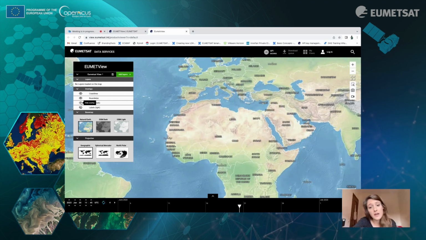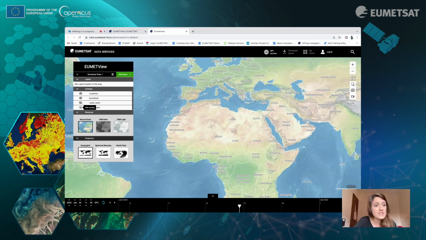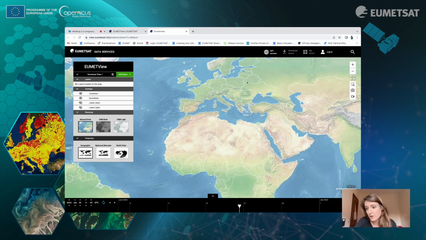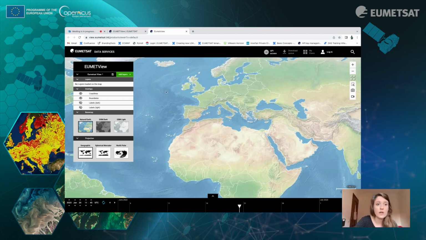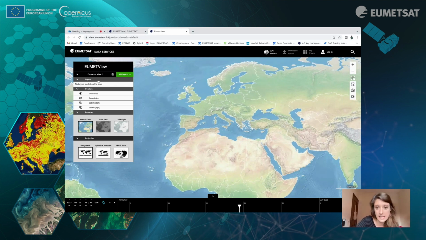And we have labels. We have two types of labels. So we have the dark labels and we also have the light option. And this is all based on what you like the most, of course. You also have a little scale here. It just allows you to have the coordinates and everything. So it's a really comfortable map. It's just like Google Earth. It works exactly like that.